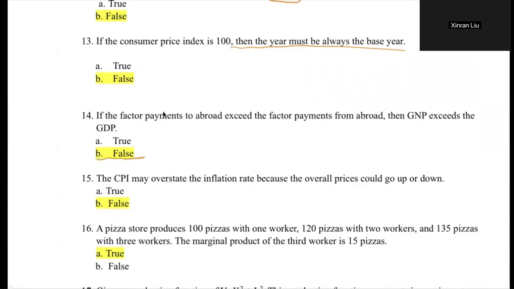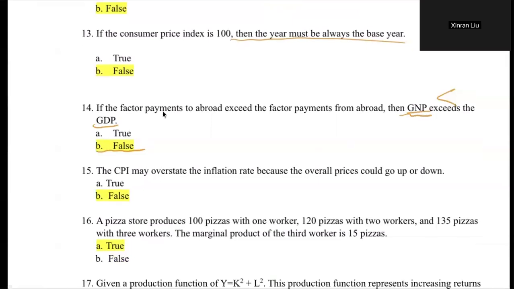And 40, this is true. This is false, because you can have the factor payment to abroad exceed the factor payment from abroad, then GNP would be smaller than GDP. Okay, because what is GDP? The market value of all final goods and services produced within one country within one period. So this one is actually the geographic concept, and just this one is the nationality concept. Okay, and